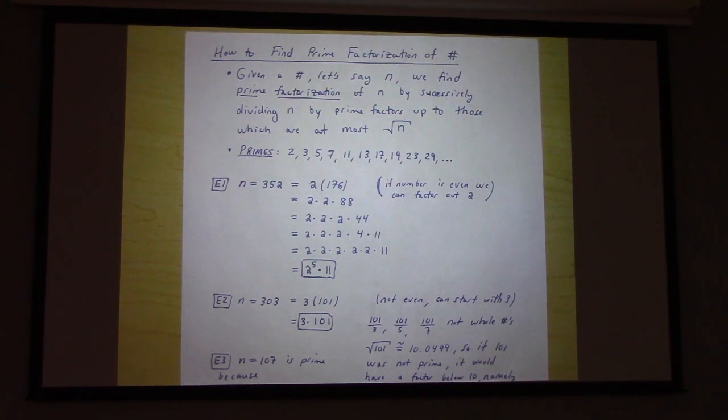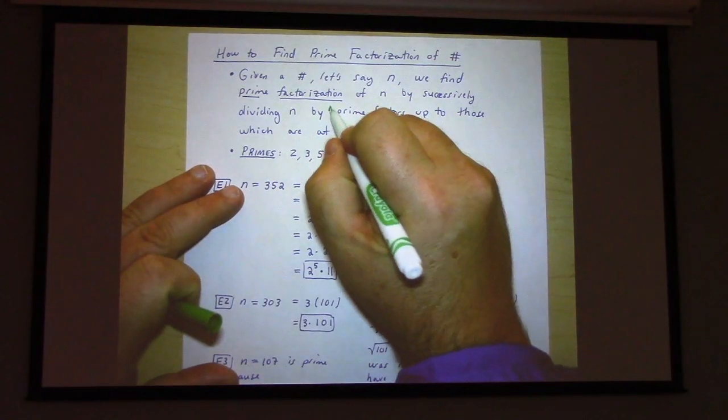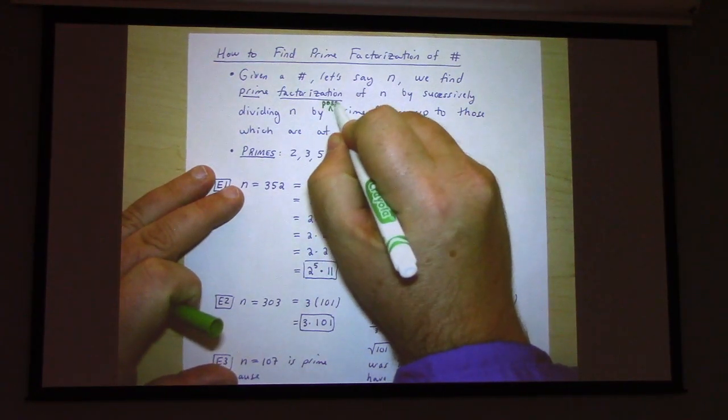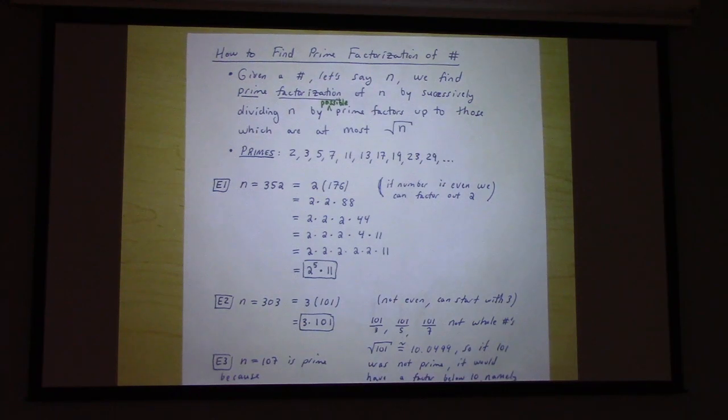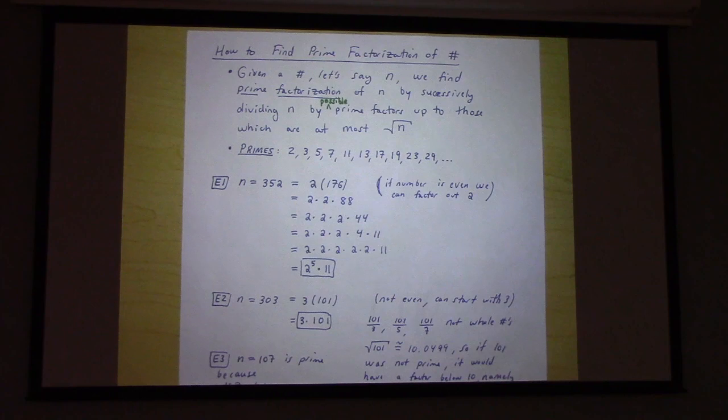To be clear here, possible. So we're dividing by candidates, right? They may or may not actually be prime factors, as it happens for a given number. So by possible prime factors up to these which are at most square root of n. So here are the primes up to 29. You've got 2, 3, 5, 7, 11, 13, 17, 19, 23, 29. So these are the prime factors that you need to check to see if a number is prime up to